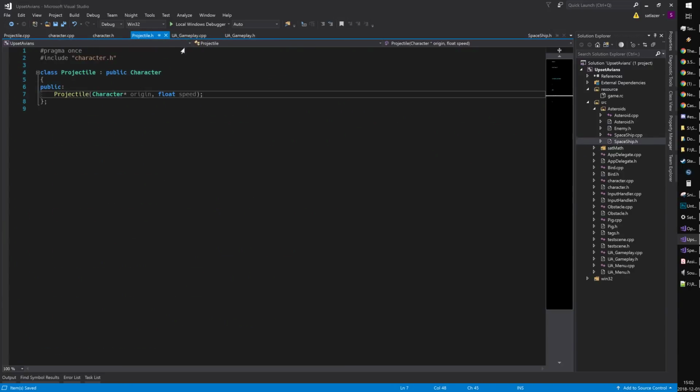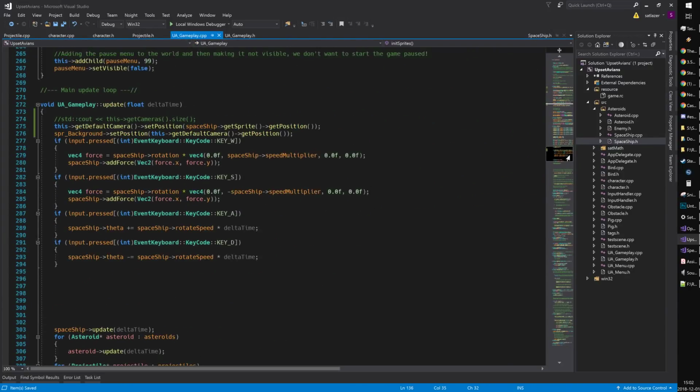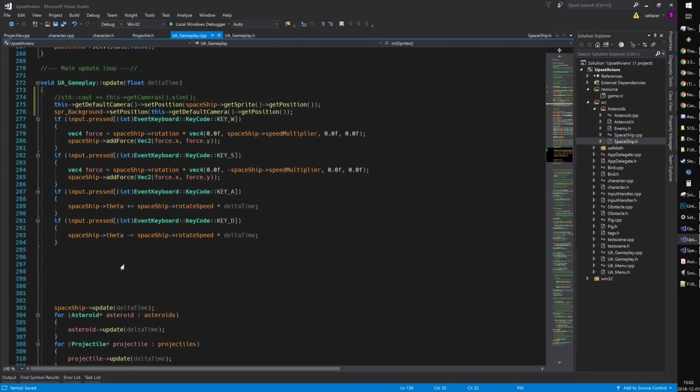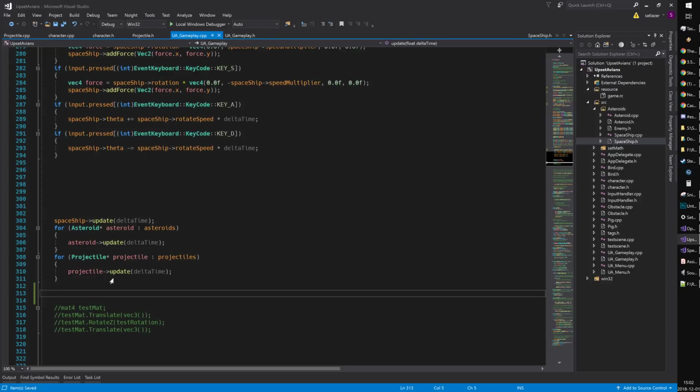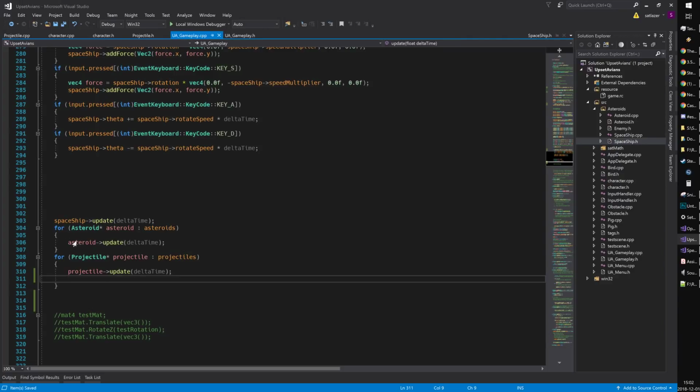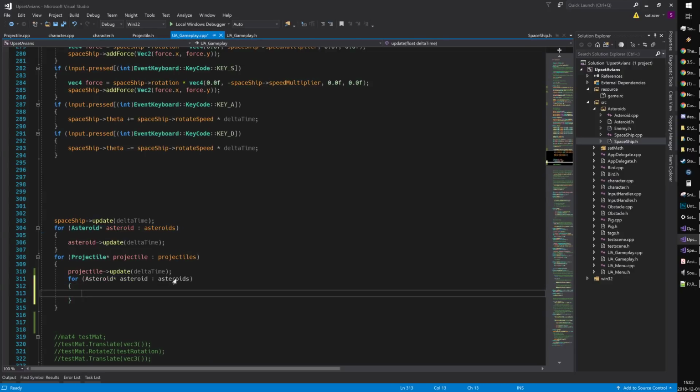And oh yeah, for the projectiles, let's go over a simple collision with the asteroids and enemies essentially. So we have our update loop here. We update the projectiles. We update the asteroids. So when we update the projectiles, we could also loop through all of the asteroids, and then, you know, check their distance. If projectile hits sprite,